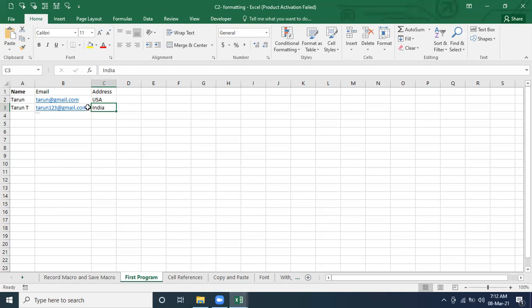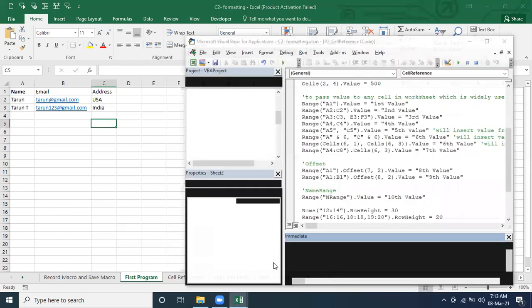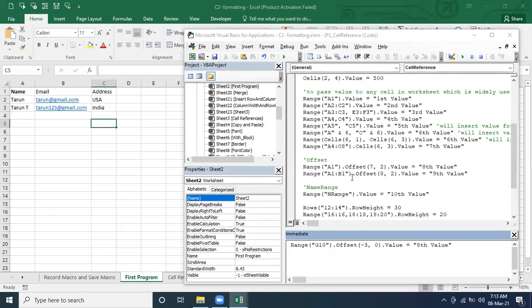And with respect to this cell we can work for the other records also, for this one, this one, this one cell also. We should only be aware of the offset. What is the offset for that? Hope it's clear, right? So this is the one. Offset also plays a most important role.